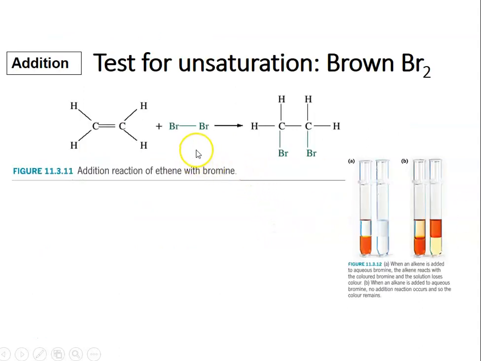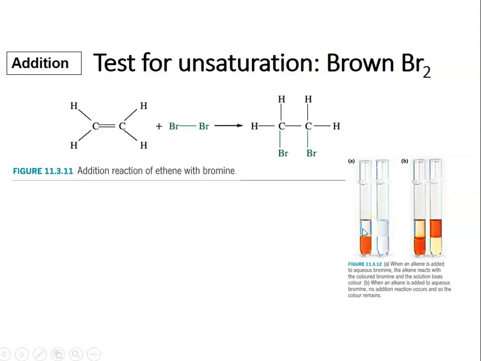So the first reaction we're going to look at is the alkene ethene with bromine, Br2. This is a classic test for unsaturation. Unsaturation meaning that you've got a double bond, because bromine is brown in color. So this is the two initial test tubes here. We've put some brown bromine in both, and then we've poured in whatever chemical that we're testing to see if